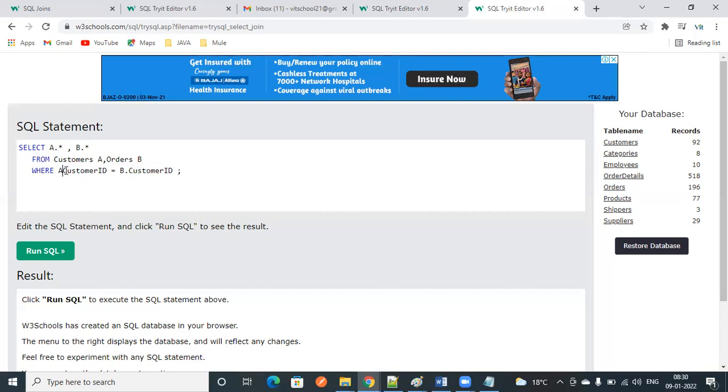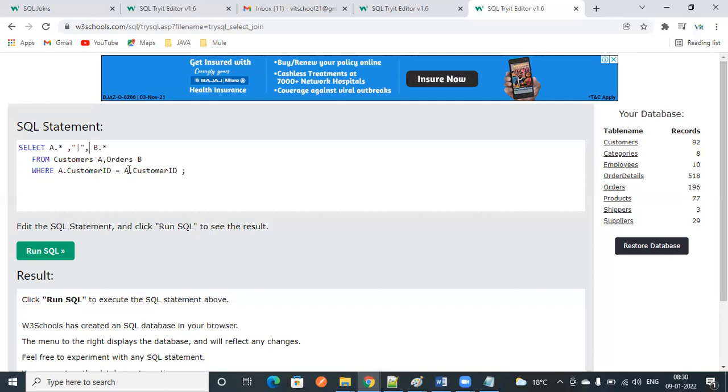If I don't write A dot customer ID and B dot customer ID, how will we know which one is from which table? That is very difficult. So that's why we keep alias names over here. I want all the columns, and I am going to keep a delimiter in between. A dot customer ID equal to B dot customer ID.